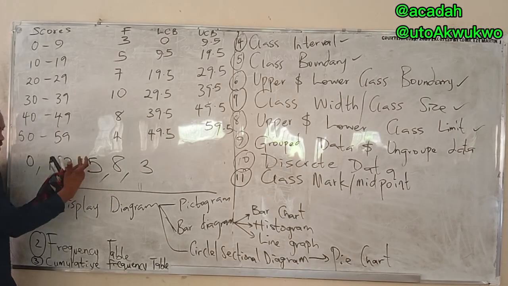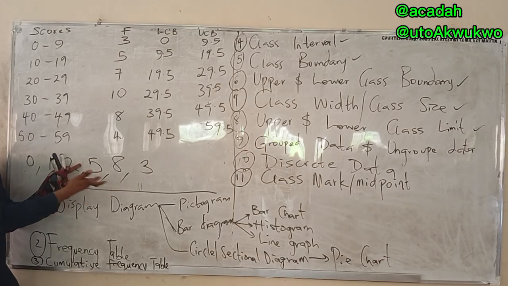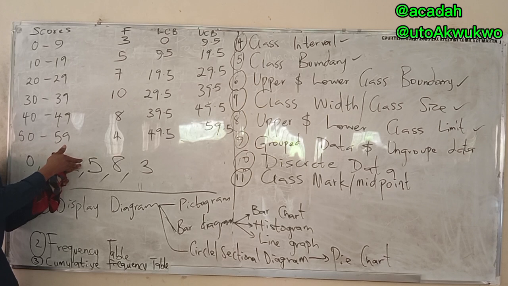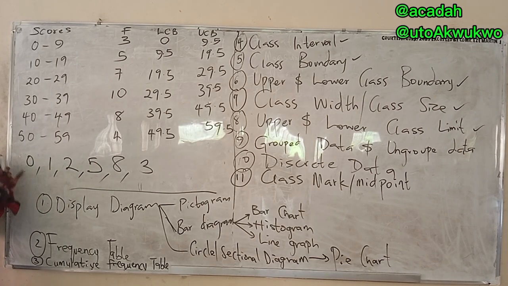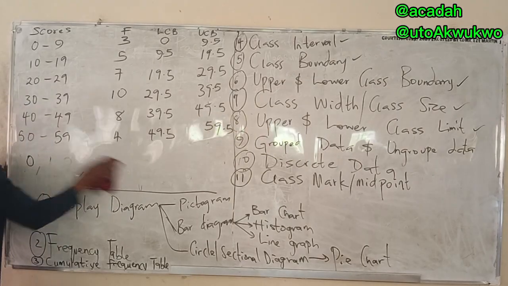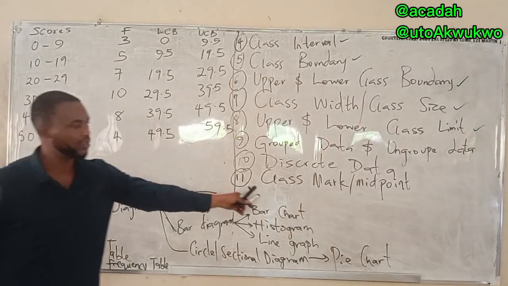So you can see that with this type of information, we don't actually know the next value. I carry this and put it here, now to the 3, here is 4, but I have 5, and you can't force 4 to enter here because not all the information is given to you. So for that reason, we say that a type of ungrouped data where I don't know the next events is known as discrete data.